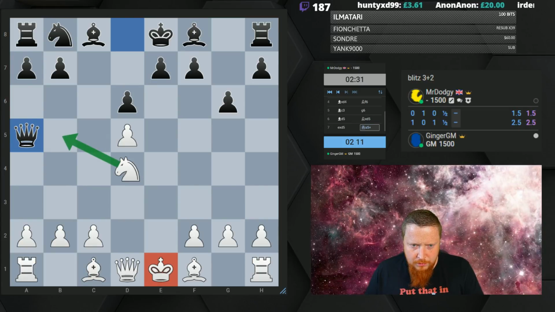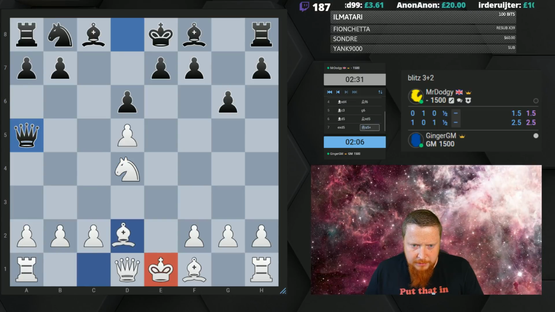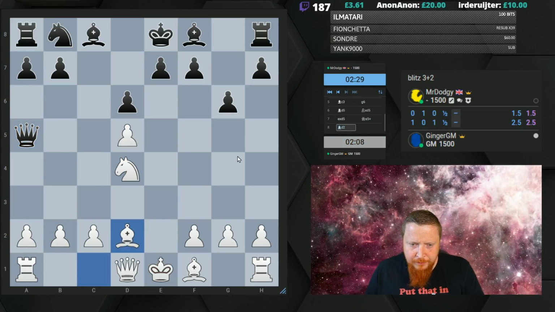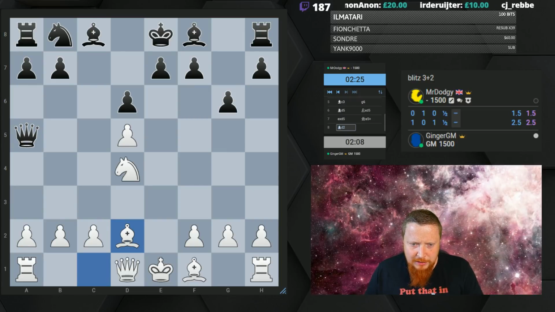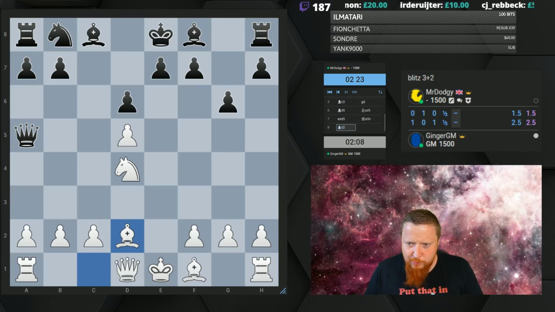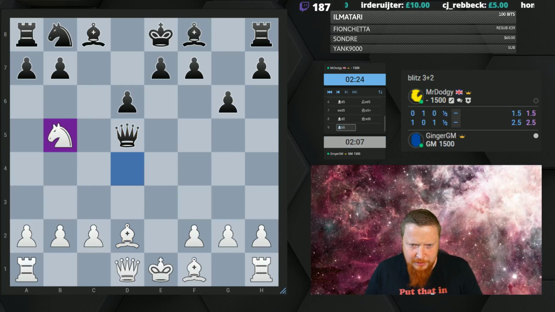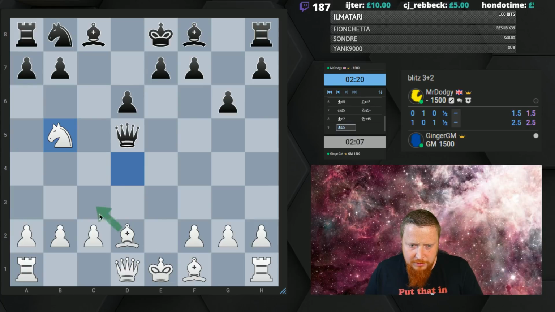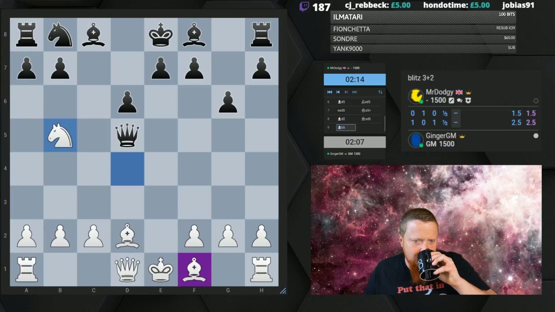Well, I've got knight here. Maybe that is the potential idea. So when you play a sacrificial line, you should probably work out what the idea is before you play it. But this is probably the idea. I say probably because I'm not sure. And then this one, I don't really want to swap queens, so